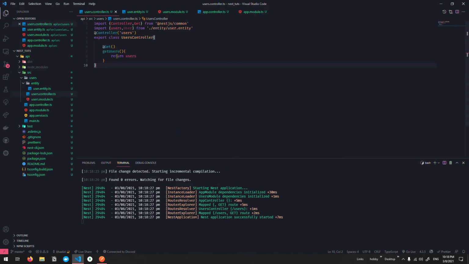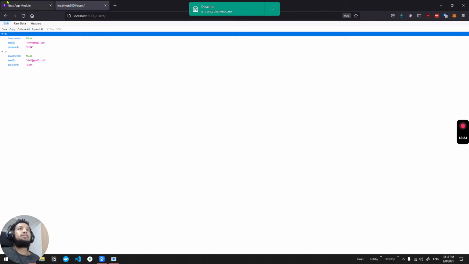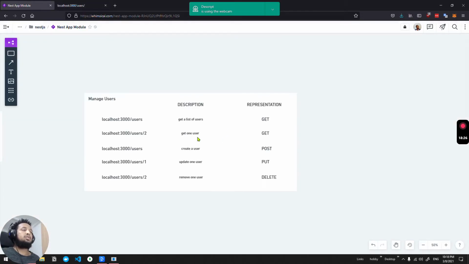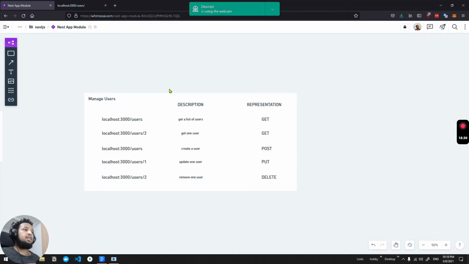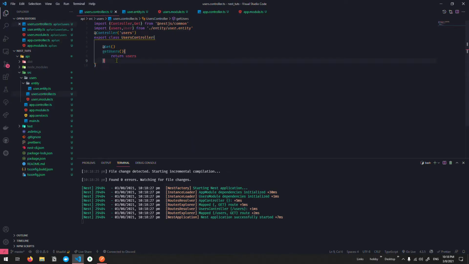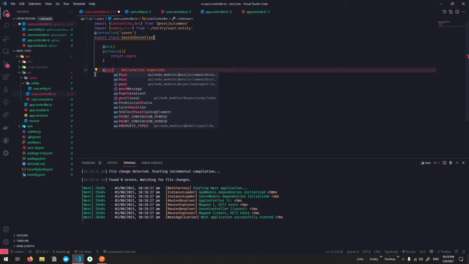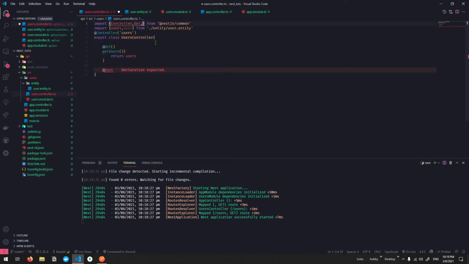Now what's next would be getting one user, right? I think let's create a user first. So let's add a new user in the list. How do we do that? We'll add a post method. A post method is coming from the Nestjs common. So we'll say Post here, and we'll add open curly, and here we'll say createUser